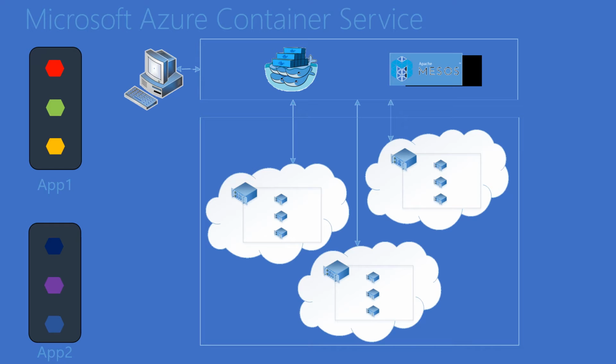ACS provides infrastructure which could be viewed as one logical computer on which containers are going to be executed. On the left, we see that there are two applications having a number of containers in each. We have app 1 and app 2. When we invoke an orchestrator